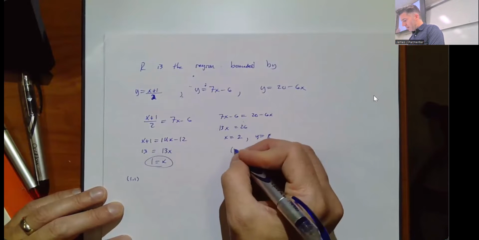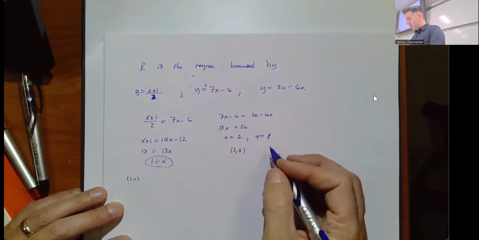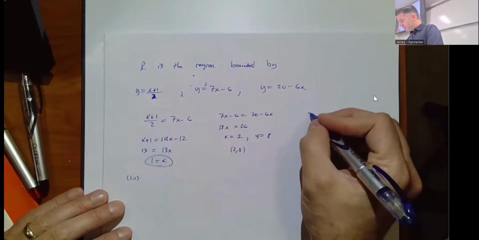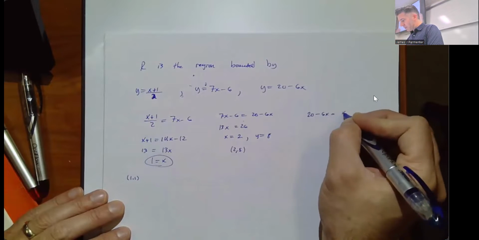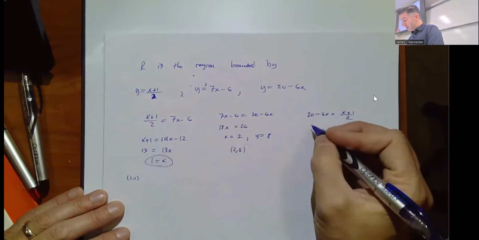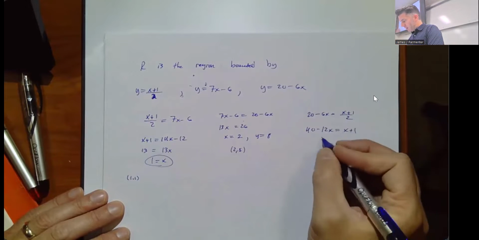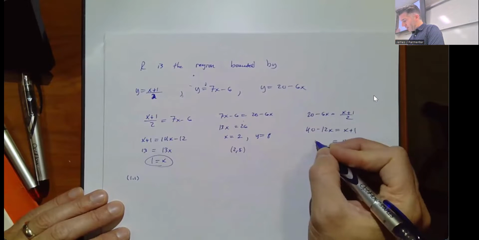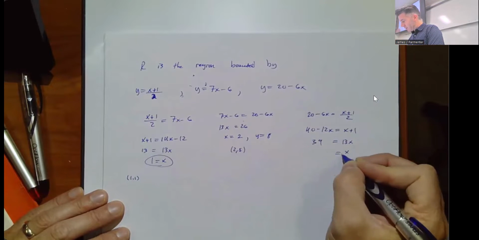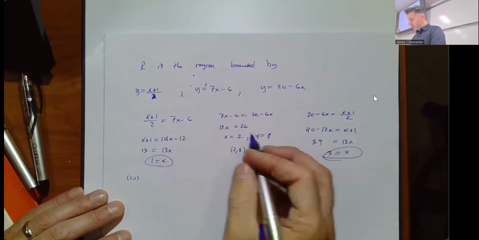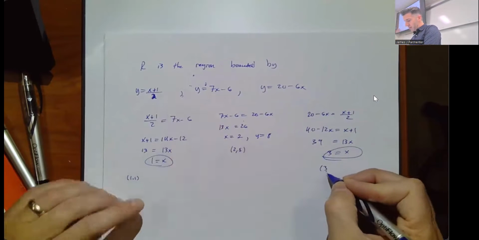So 2, 8. And then finally setting these two equal to each other, 20 minus 6x equals x plus 1 over 2. Again, multiply everything by 2. 40 minus 12x equals x plus 1. 13x equals, oh, what a surprise, 39. So x equals 3. So our point would be x is 3 and y is 3 plus 1 over 2,